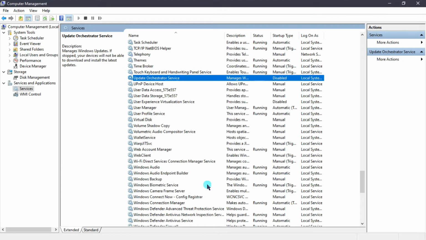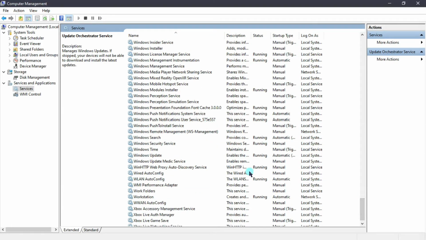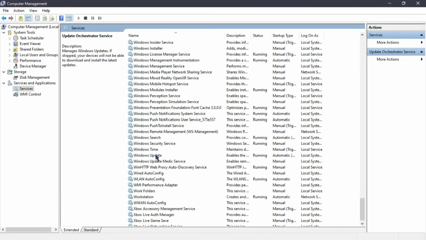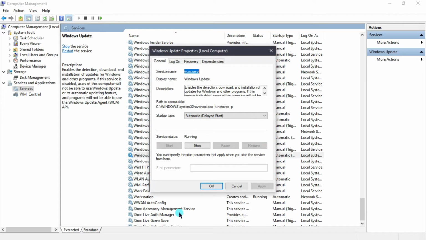And the third one, which is very important, is your Windows Update. You just again scroll down a little bit more. You will find one service which is named Windows Update here. Here you can see, friends, this service is listed. So again right click on it, Properties. As you know, Microsoft releases its updates weekly, or you can say every 10 days.